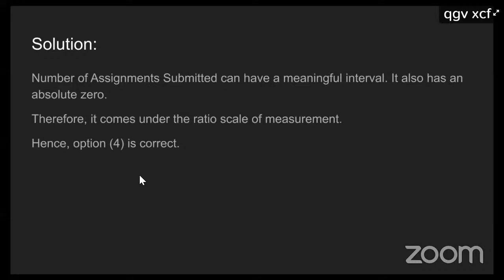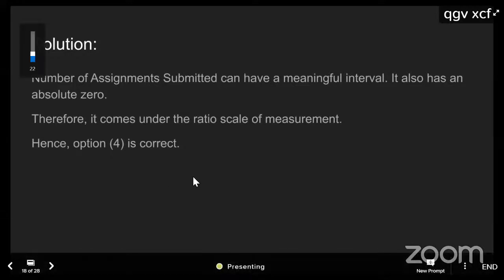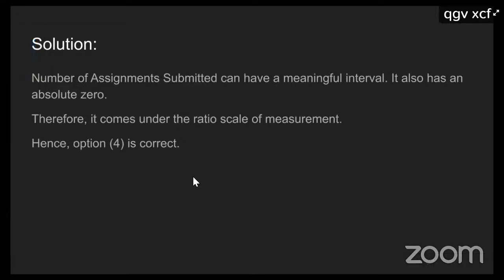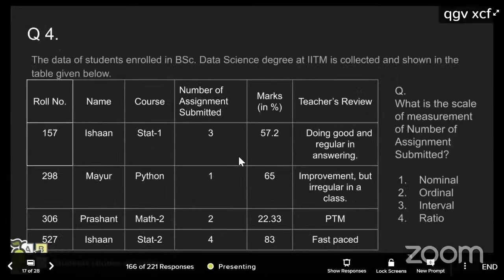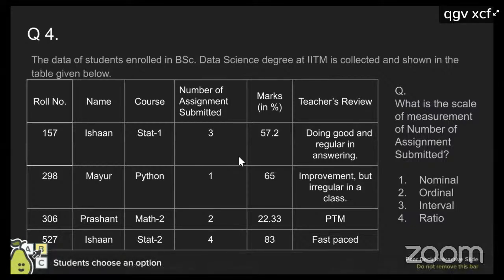But sir, here multiplication and division is not required. Not required, but you can do it. I mean, you can do the ratio type of things. Why is it not ordinal, sir? Why ordinal? This is numerical data. Because one has submitted 1 and the other 2, 3 and 4, so it is basically a sequence, a rank.